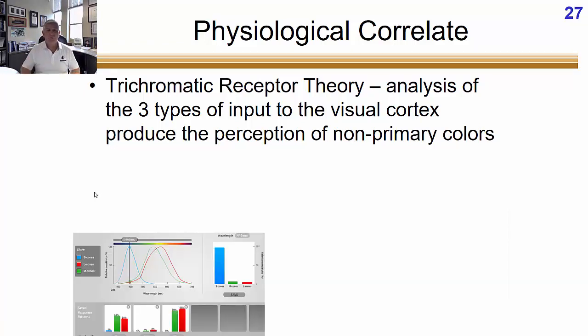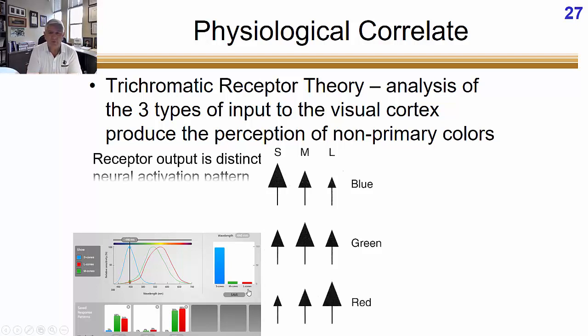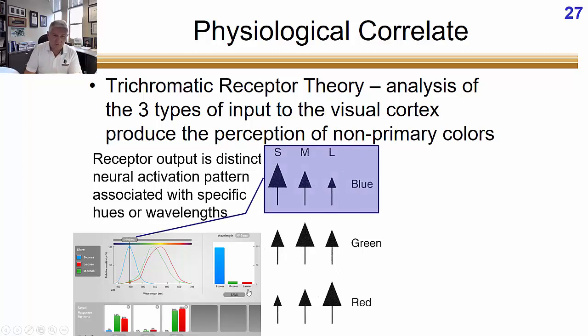So if you go to the textbook website, this has a nice little demonstration that I have a screenshot of here, where you can pick any wavelength of light and it shows you the activation pattern of the short, medium, and long wavelength cones. Here's an example. The example we have down here in the corner is blue. In blue, we have a strong activation of the short, as represented by the bigger cone triangle, big activation of blue, very little of medium and long wavelength. And so that equals blue. Green, we're going to have primarily medium activation. Red, we're going to have primarily long wavelength activation.